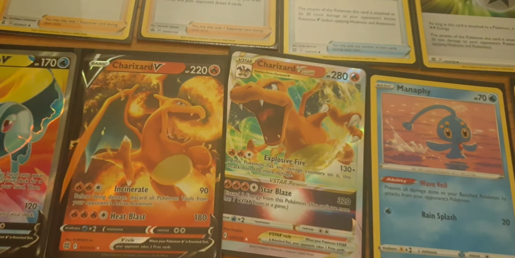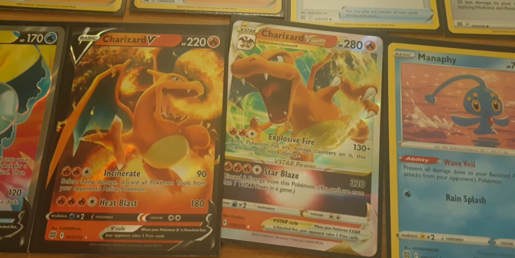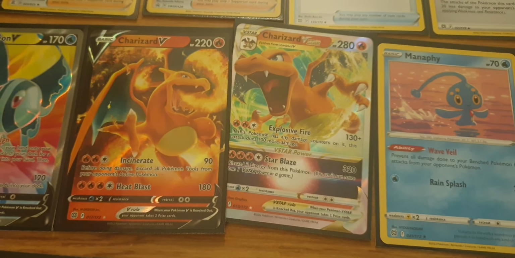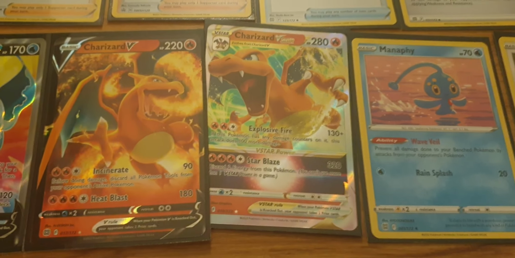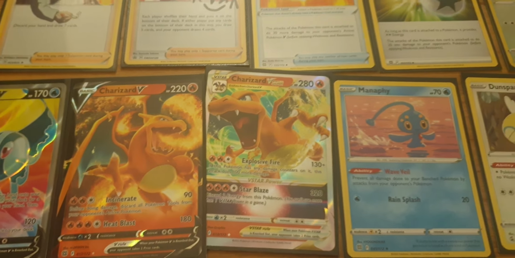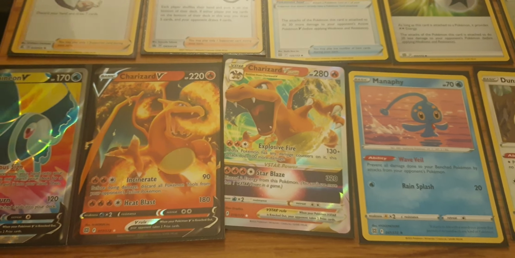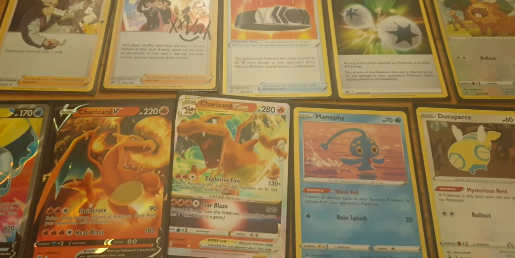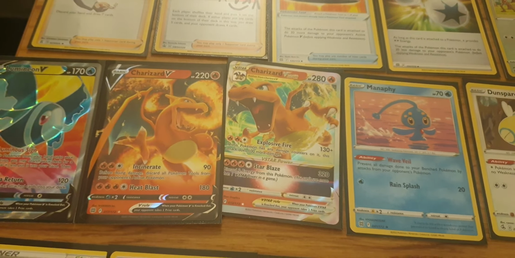We were pairing it with the Charizard VSTAR with its Explosive Fire attack for 130, and if it's got any more damage counters on it, it does 100 more. Easy to do with the Magma Basin, which we'll talk about in a second. And then your VSTAR Blaze for 320 damage. Choice Belt does 350, which we use sometimes if we don't need to use our VSTAR power with the Arceus